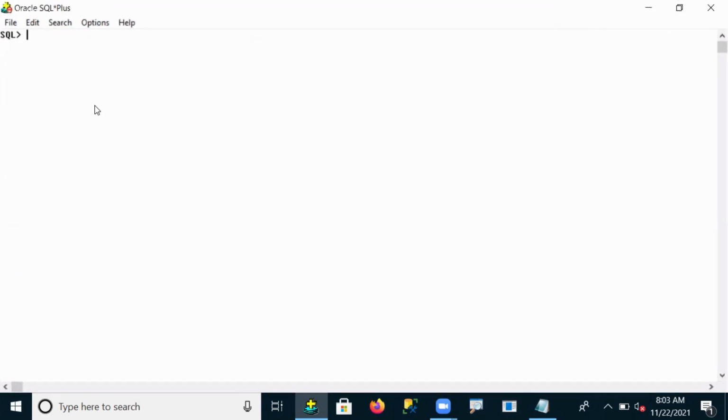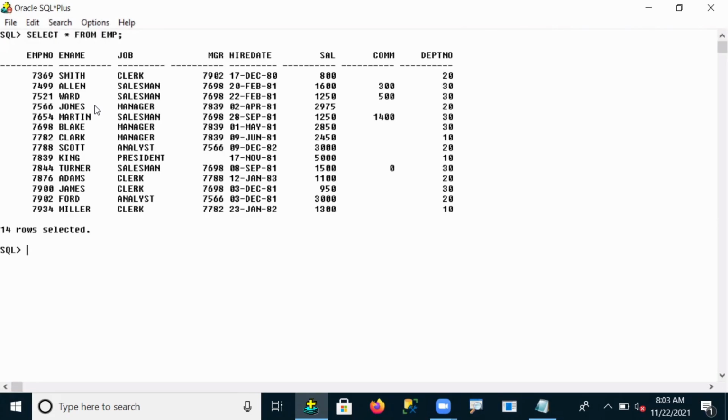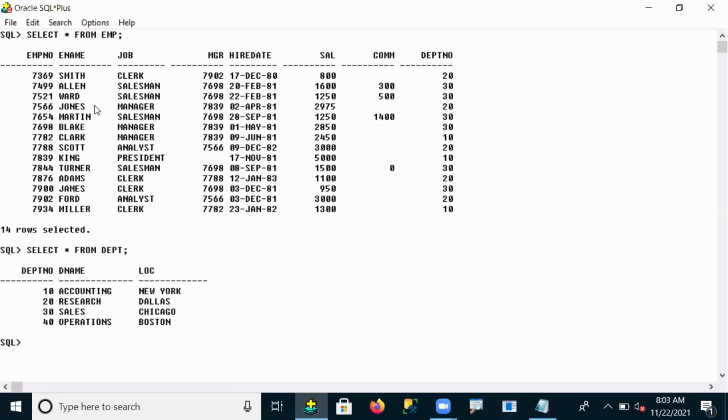Now we are observing. We have two tables here. For example, I need to fetch data from two tables: one is the EMP table and the other is the DEPT table. Now you can see how to fetch data from two tables using a weak ref cursor. First of all, you declare your weak ref cursor variable.